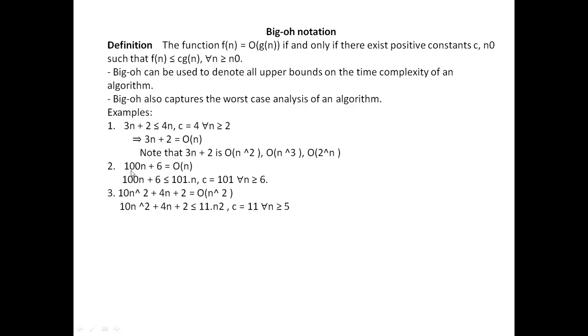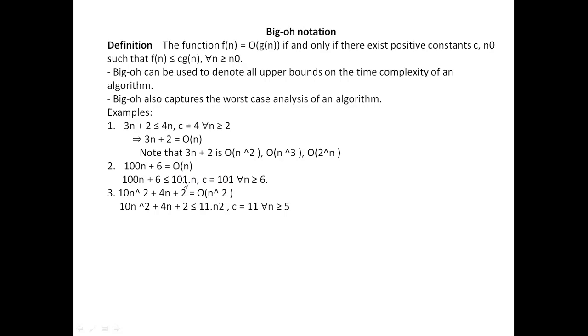Next, the next example function, 100n plus 6. How come it is order of n? You see here, 100n plus 6 is less than or equal to 101 into n. Here this constant C is 101, and for every n greater than or equal to 6, this function will be less than this function.